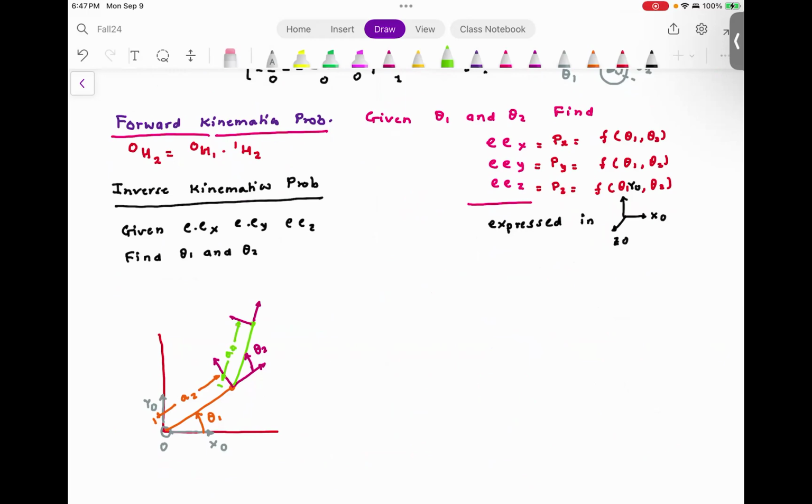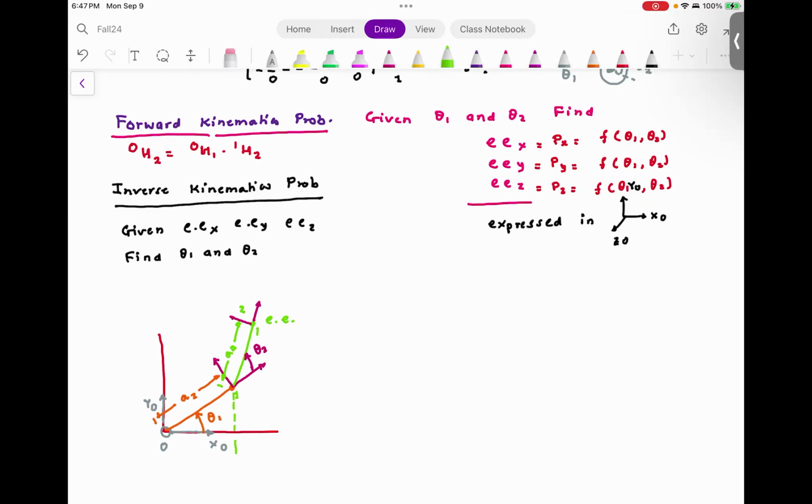Are you with me? So I have shown you the coordinate frame, and I'm trying to solve the forward kinematics problem, which means I want to find out the position of the end effector with respect to the zeroth frame. So this is my zeroth frame. This is my first frame. This is my second frame. I'm trying to find out the position of the end effector with respect to the zeroth frame in the coordinate system of the zeroth frame. Which means what I need to find is